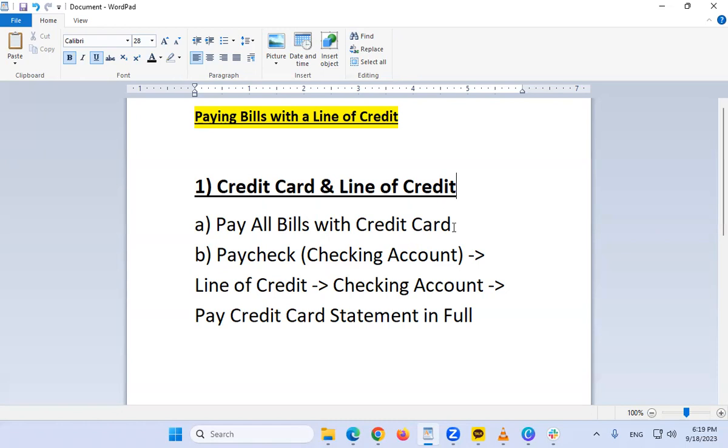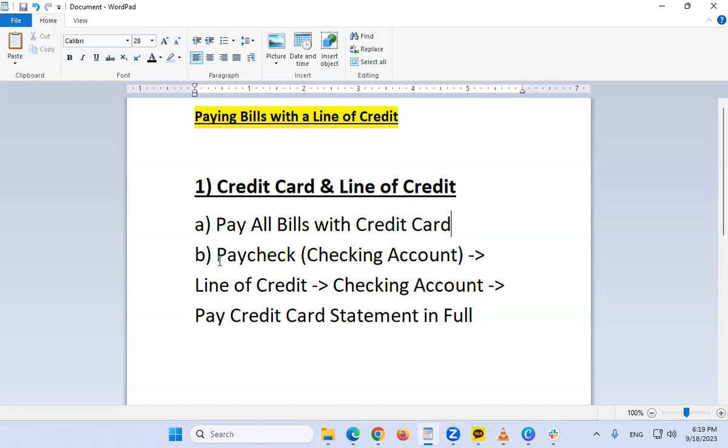or whatever, you don't really need to use the line of credit. But we're going to assume that you're paying your bills with your credit card and you can pay it off in full, and you have other debts you may have consolidated, like the student and auto loan, into that line of credit. So again, this is my preferred strategy: pay all the bills with the credit card. Why? Because I can delay the interest by holding my bills in the credit card, just as long as I pay it off in full. Then once I pull out money from the line of credit, that's when I'll start to be charged interest,